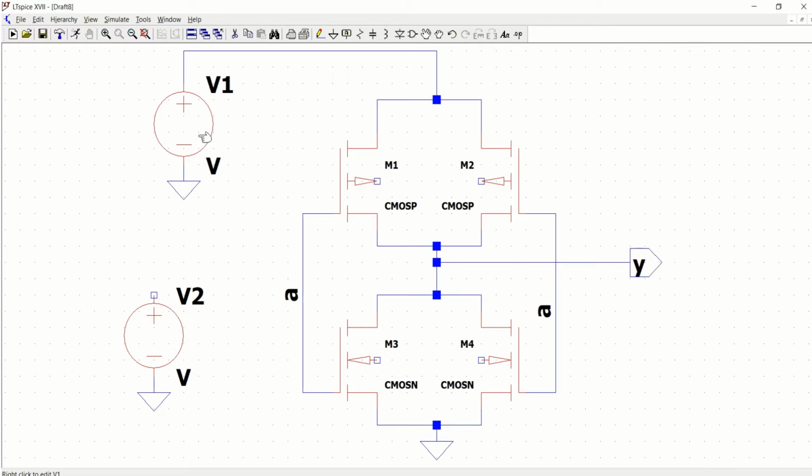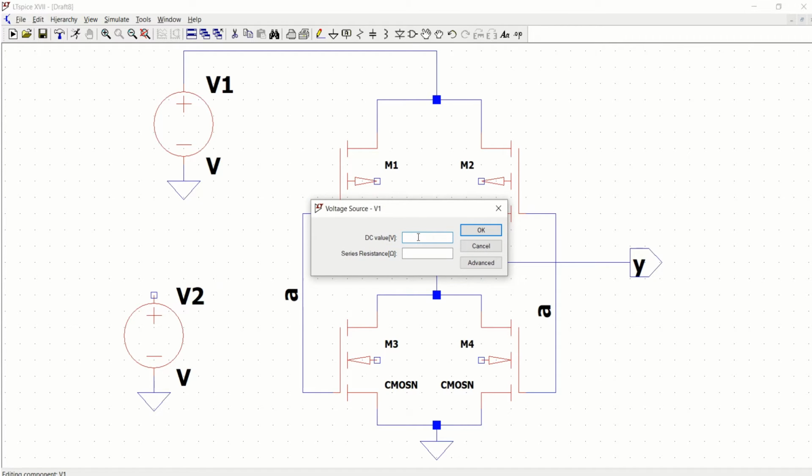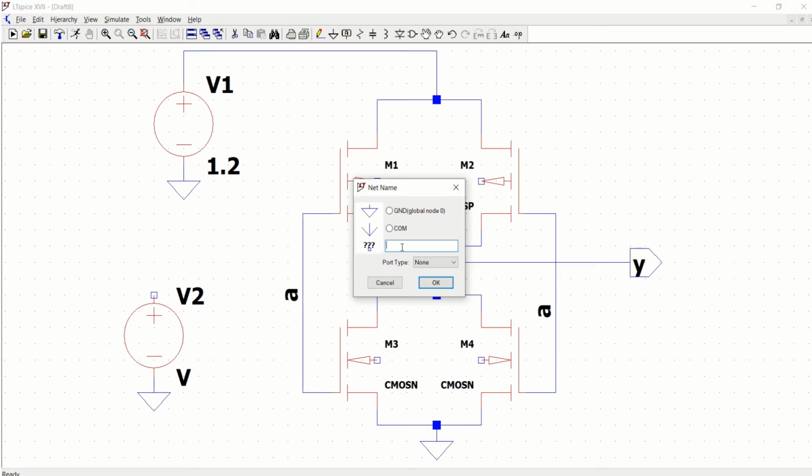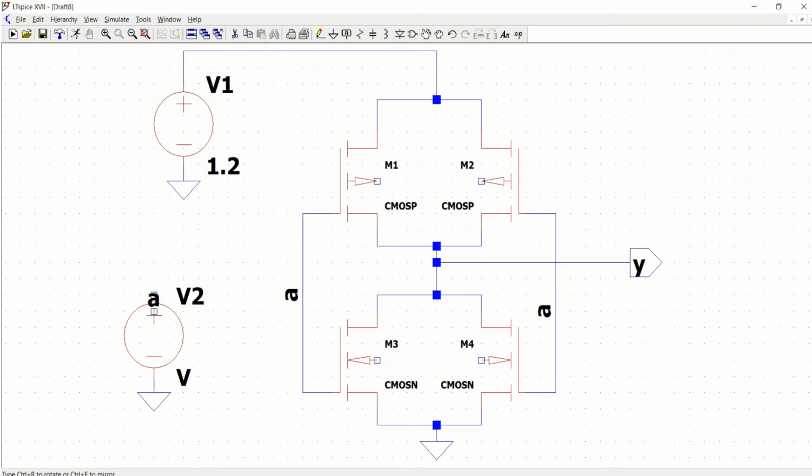Change the supply voltage or apply the DC potential of 1.2 volts. Connect this input or just use the label. I can use the label same as that of the input and place it here. Now this A and A is connected and this is also connected. So directly we are providing the A input.